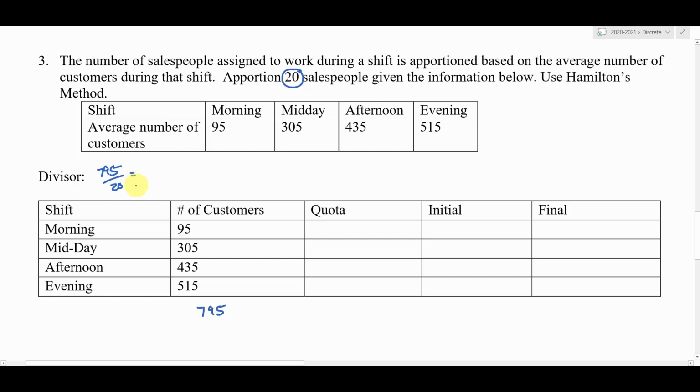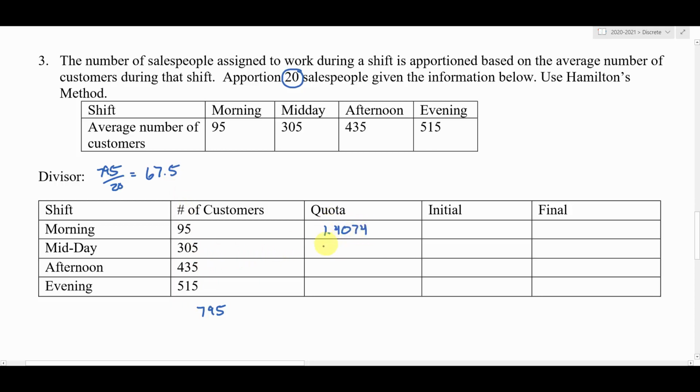And that gets me, let's see here, 67.5 for my divisor. Now I go through and find my quotas, so I would do 95 divided by 67.5, and I would do the same thing with each of the different shifts. Okay? So my first quota here is going to be